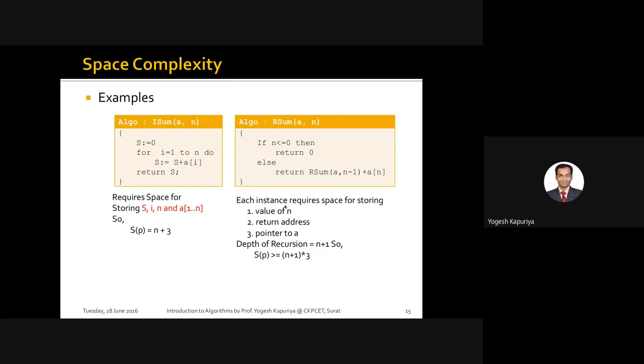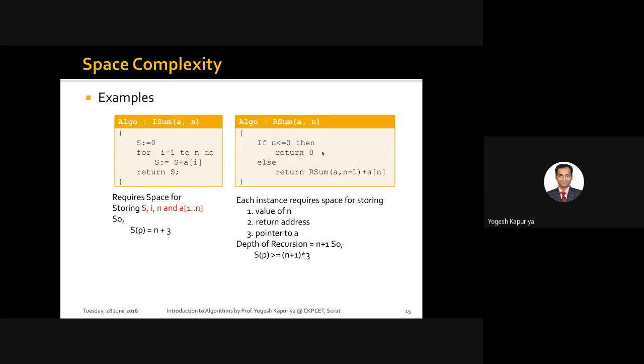Now you need to observe how many times you are calling this. Right? So let's say your value of n is 5. You are calling it once for the value of 5, then 5 will make a call to 4. Again, this 4 will make a call to 3, so that's the third time. Then 3 will make a call to 2, so that is fourth. 2 will make a call for 1, that is fifth. And again, 1 will make a call for 0, so that is sixth. So if I enter the value of n, then I am calling this function n plus 1 times.